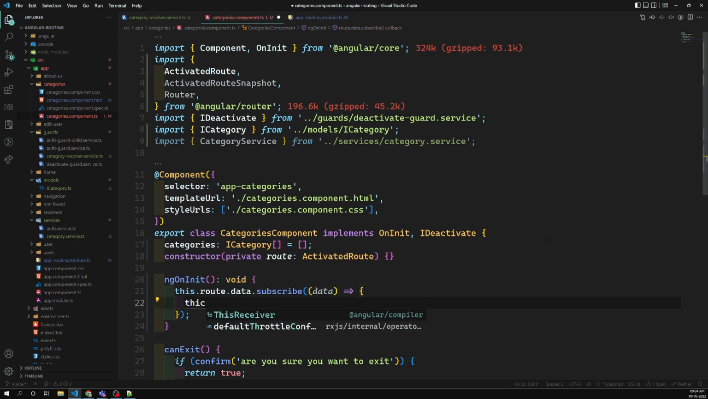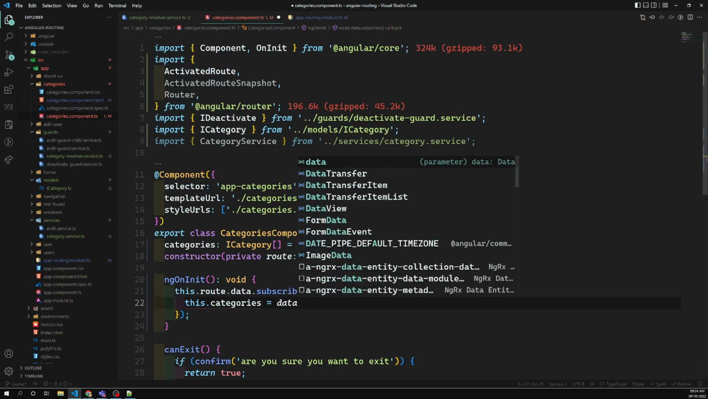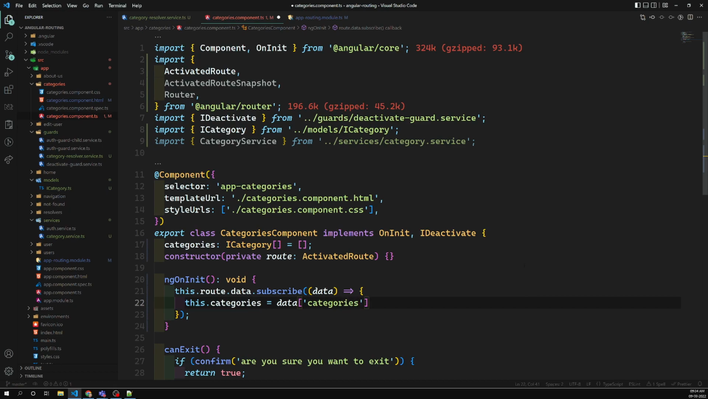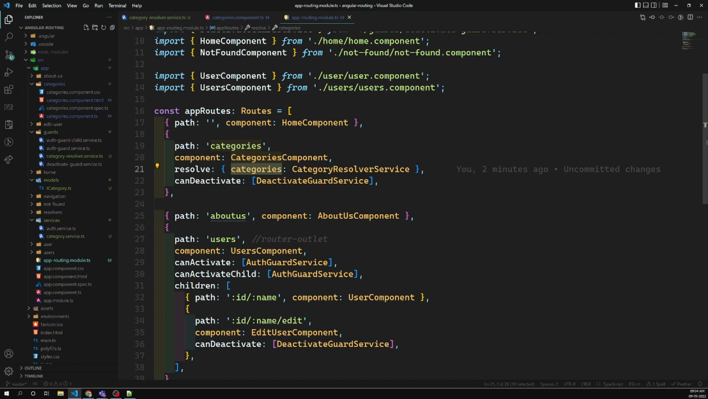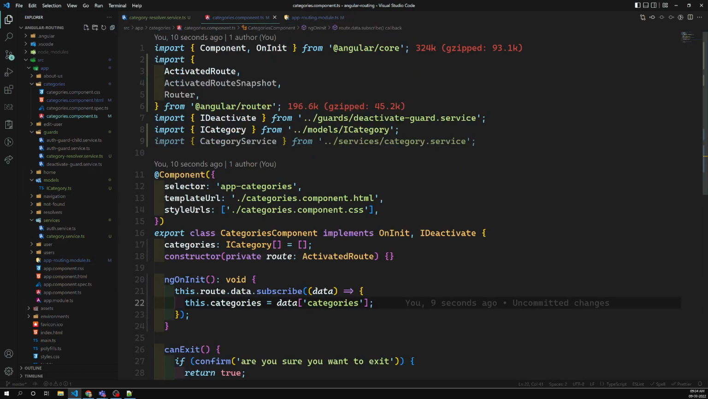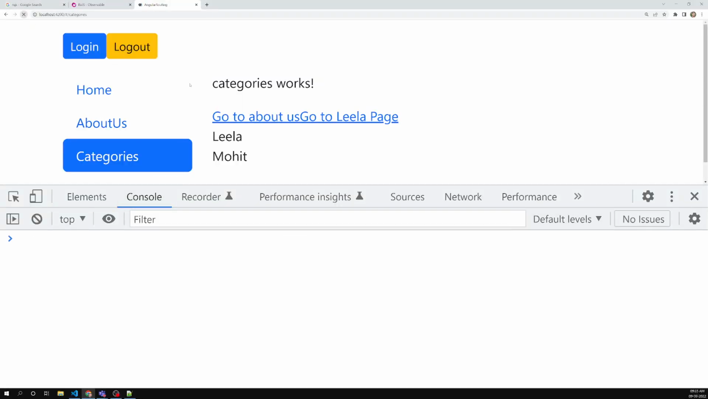So this.categories is equal to, I can use data of categories. Okay, so whatever name we are using in this app routing, here I am using this categories object, right? In this categories object we have all the categories data, and I am capturing that categories data inside this one, data of categories. So now if I try to show you the output,